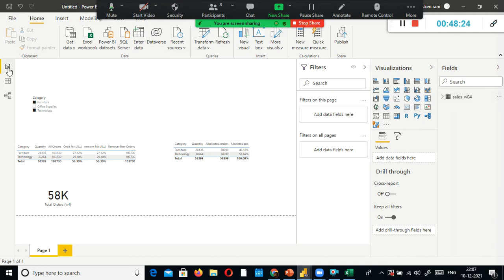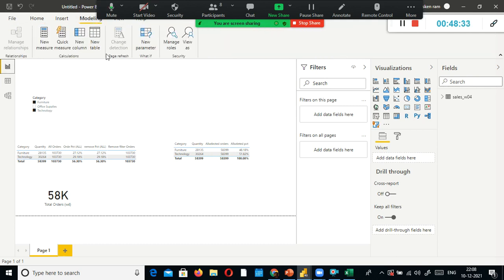As part of this time intelligence, we will learn how to create the calendar table. I'll go to the modeling tab and create a new table.